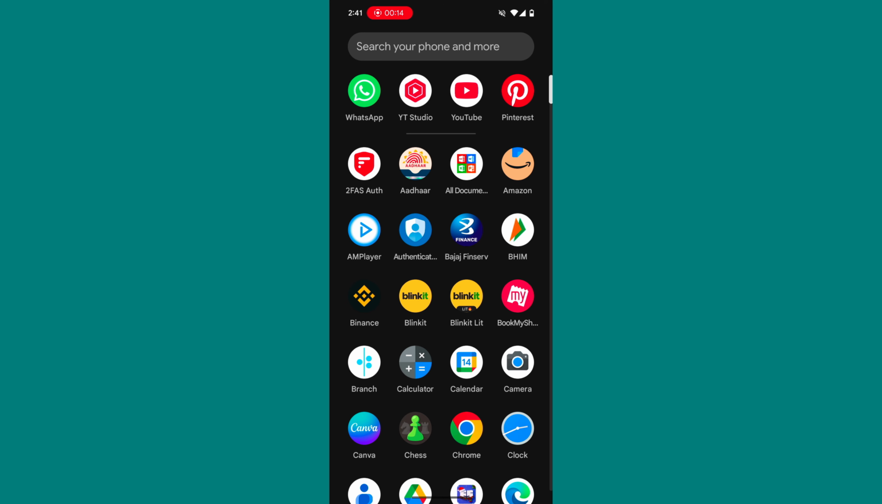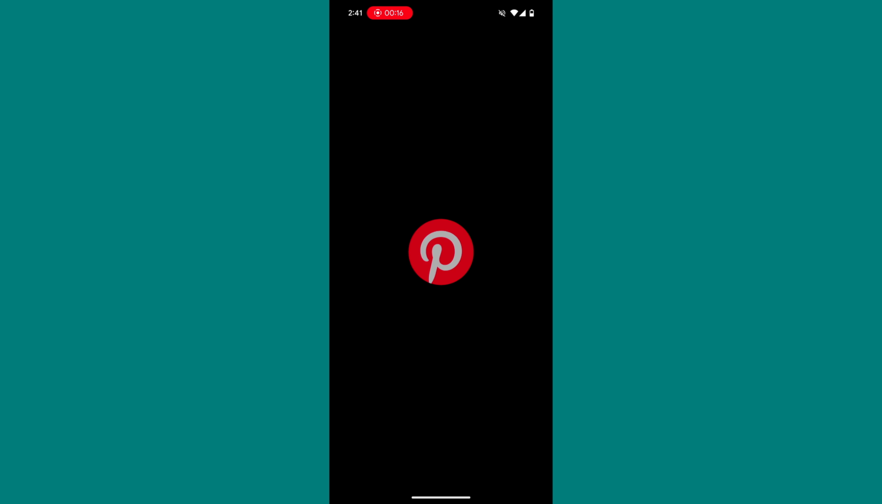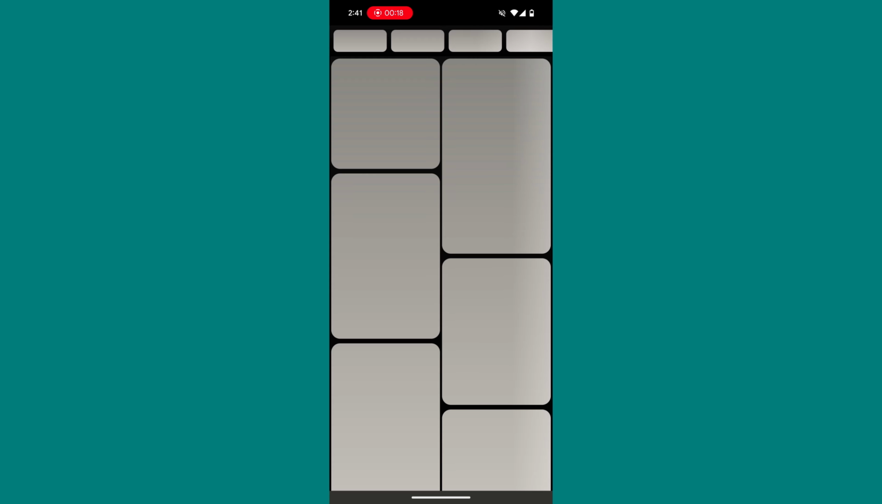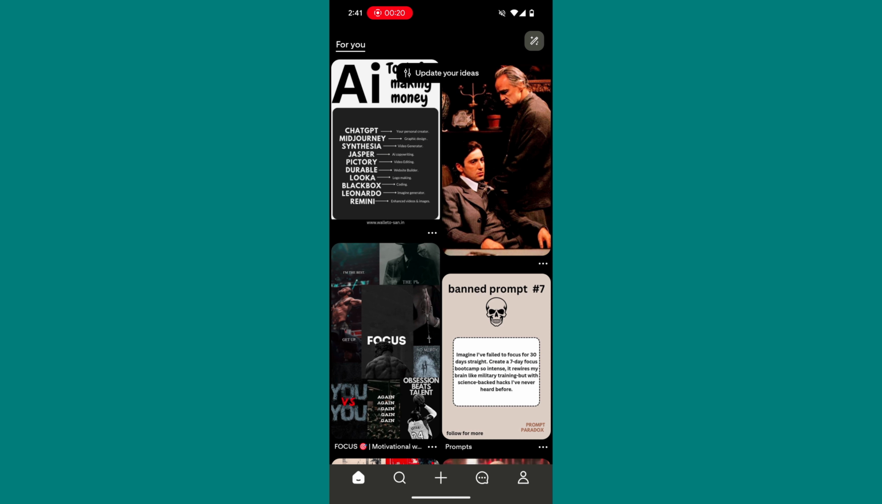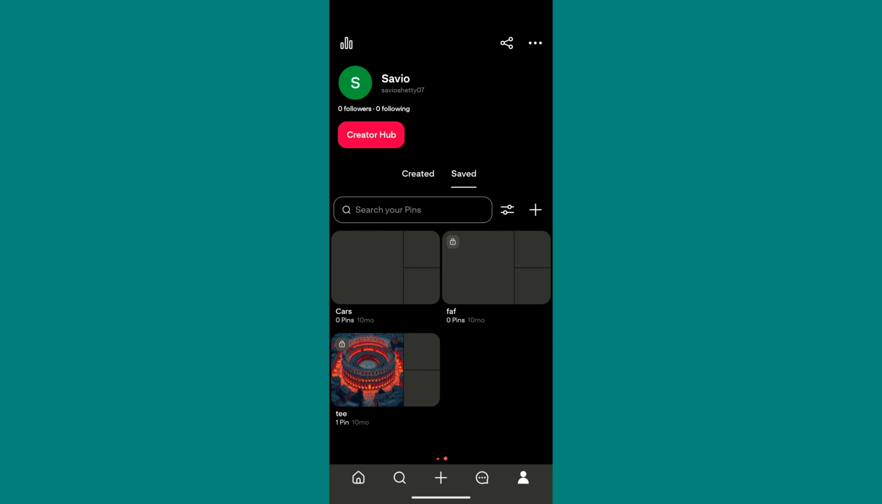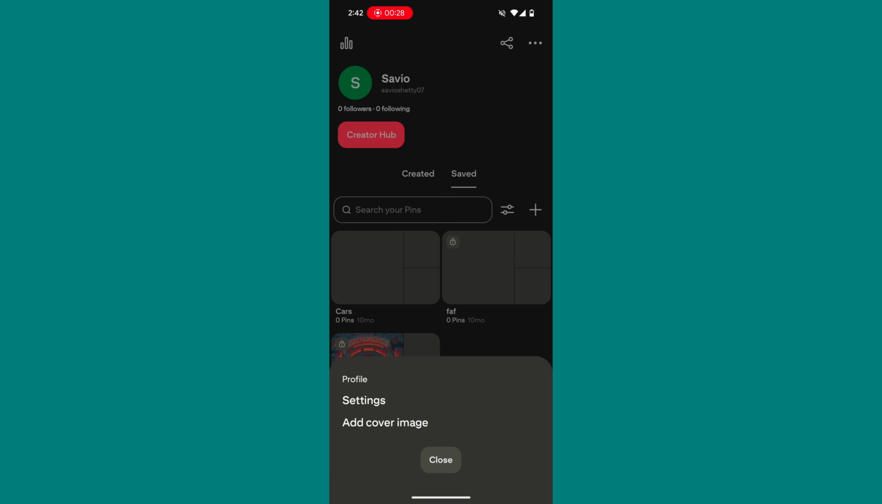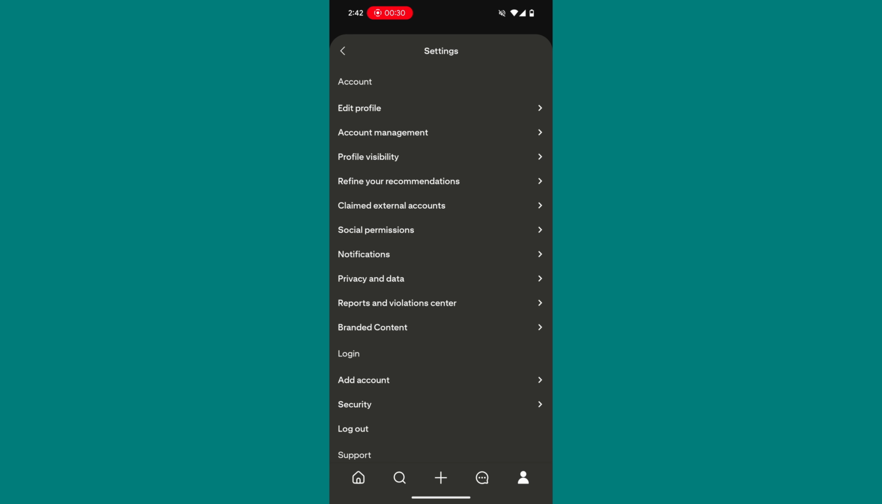It's very quick and simple. First you open the Pinterest app. Once you open the Pinterest app, a screen will load and on the bottom right you'll find a profile icon. You click on that and on the top right you'll find these three lines. Click on that. Once you click on that, you have to choose settings and here you'll find an option of